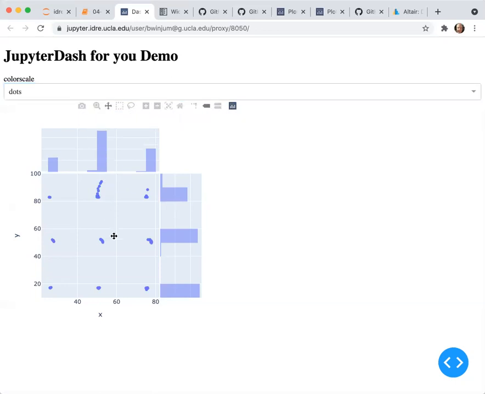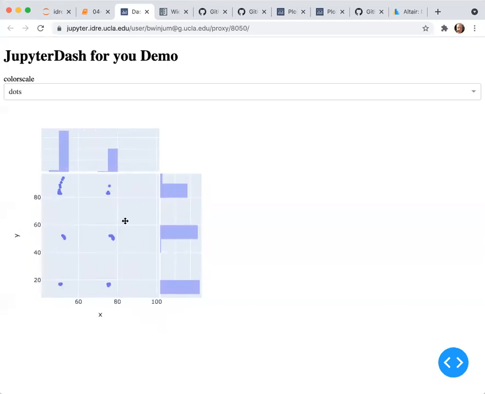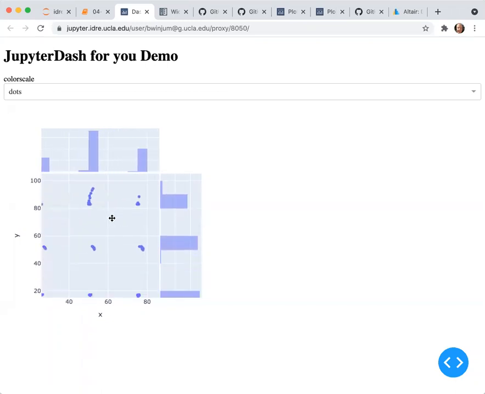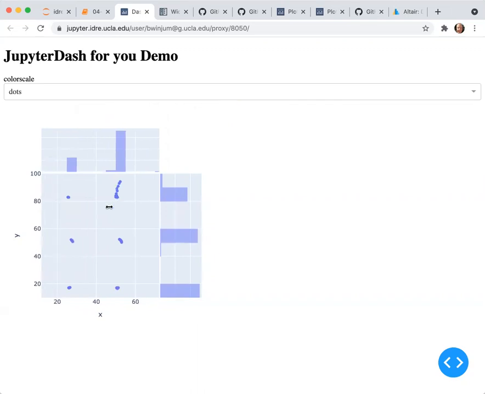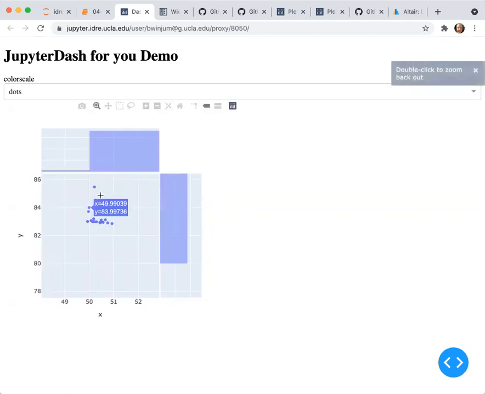For example, I could do the pan. You'll notice that the pan for the histogram matches the pan for the scatter plot. I can come in here and zoom, and it'll zoom in the histograms as well.